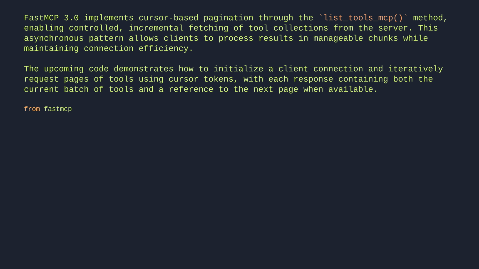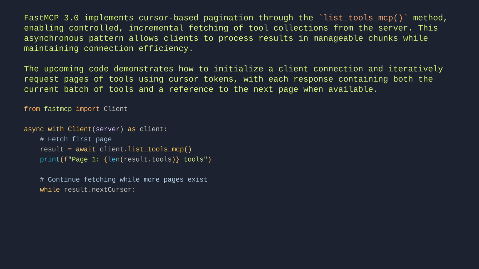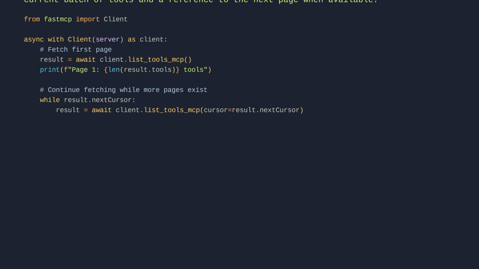From fastmcp import Client. async with Client(server) as client: # fetch first page. result = await client.list_tools_mcp(). print("Page 1:", len(result.tools)). # continue fetching while more pages exist. while result.nextCursor: result = await client.list_tools_mcp(cursor=result.nextCursor). print("Next page:", len(result.tools))